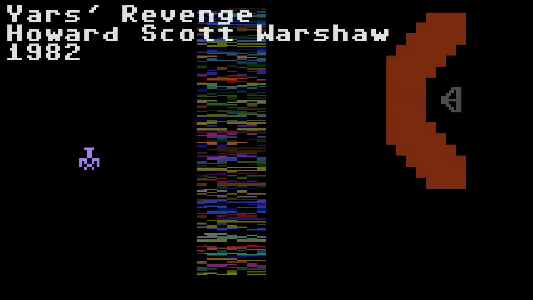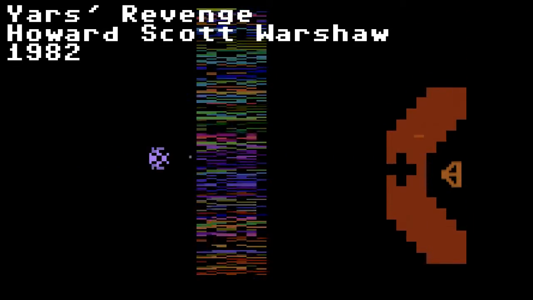One of the more interesting examples is the Atari 2600 game Yars' Revenge by Howard Scott Warshaw. The large force field area in the middle of the game screen is produced by reading in the game's code as color information, allowing a more complex pattern to be displayed than could ever be hard-coded or produced programmatically on the very limited hardware. Compare this technique to the use of a field of dots to imply a body of